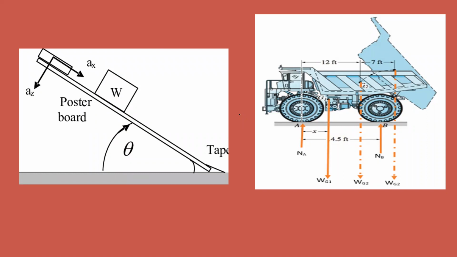Another example for the static is the calculation of the forces in the automobiles. You can see here that this complete part is supported on the chassis. There is one steel frame. You must have seen this steel frame in the truck.